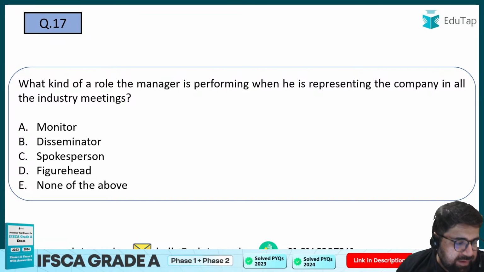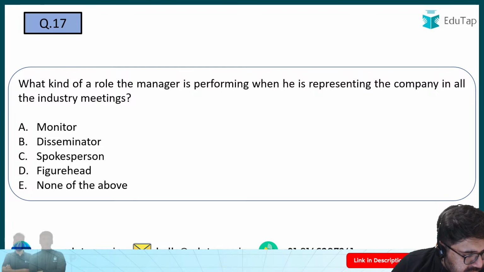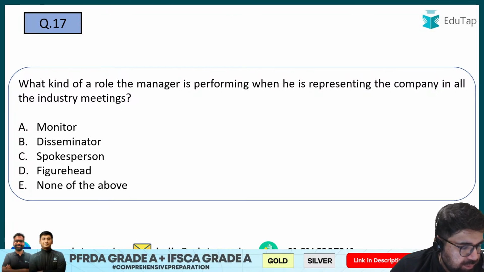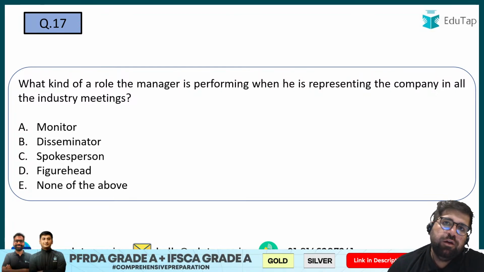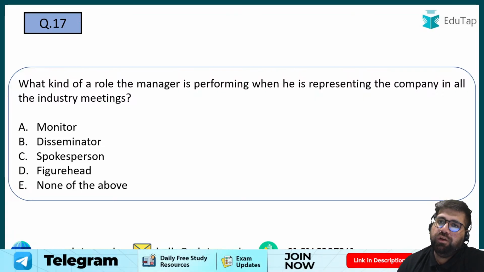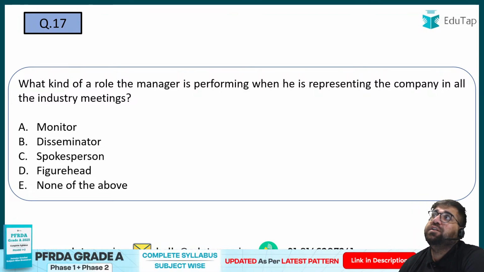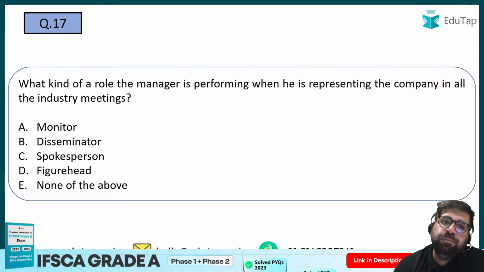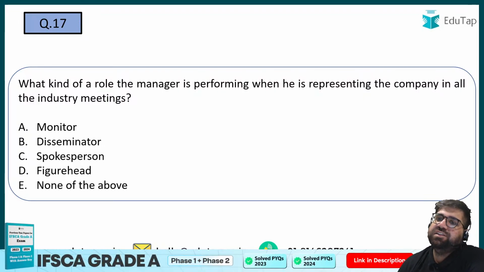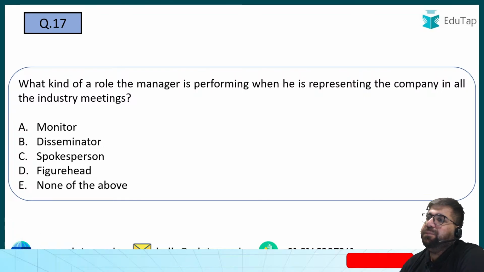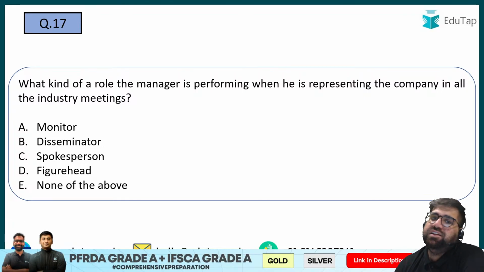Moving forward to 17. Objective is short term, goal is long term, just like mission and vision. Yes, very good. Objective is specific, goal is open ended. For example, if I say I have to lose weight, this is my goal. But if I have to lose 10 kgs in the next 1 month, this will be my objective.